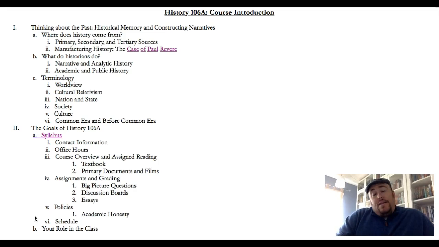When you're reading the textbook we use for this course, you might notice this. It seems like so much history. It's all kind of jammed in there. Historians generally don't write a lot of textbooks. They are summaries of what historians do. So in any given paragraph in your textbook, there might be a dozen different studies that have been summarized and boiled down to give you the big picture.